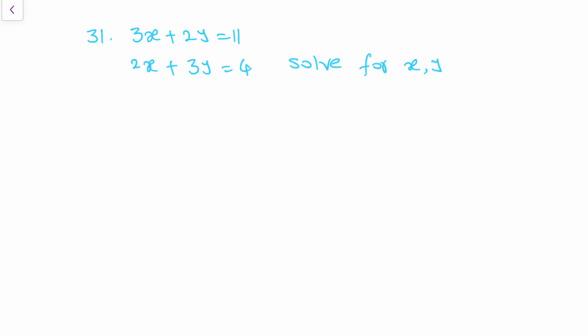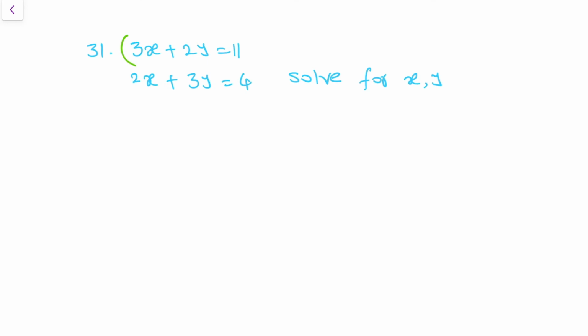Without having any mess, I will explain it in a simple shortcut way. First equation, you multiply with the x coefficient of the second equation. The same way, second equation, multiply with the first equation's x coefficient, that is 3. Finish. This is the first thing you need to do. Multiply the first equation with the second equation's x coefficient. Multiply the second equation with the first equation's x coefficient.